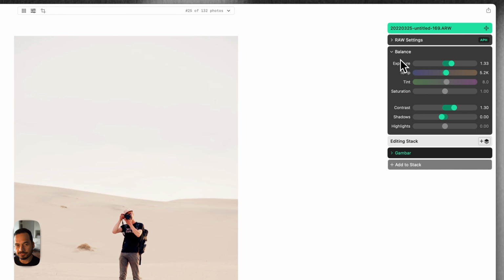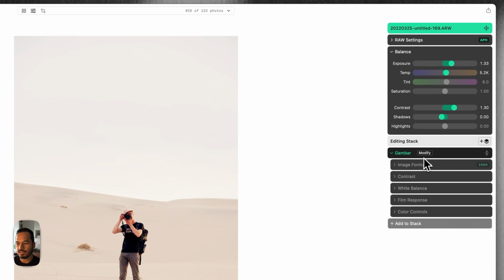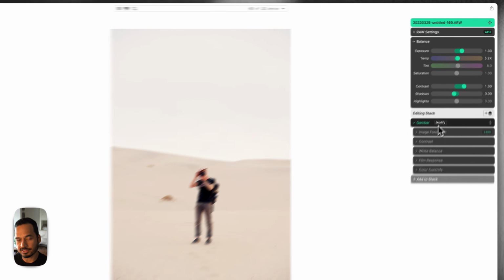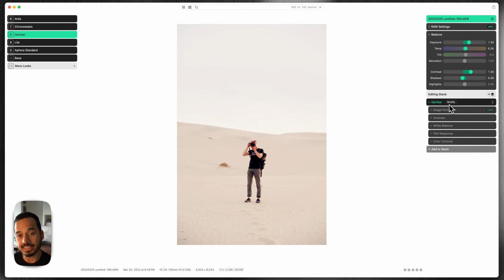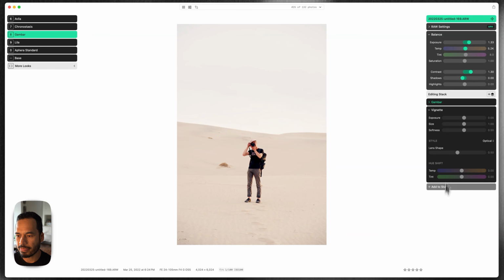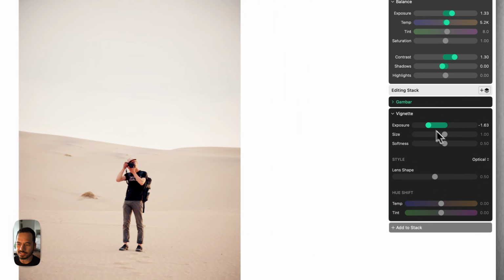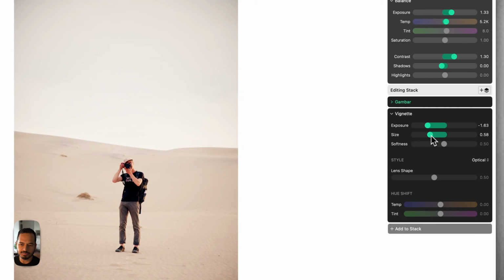The balance tools you've seen before. Gambar is the look, and these are the nodes that make up Gambar. I can modify this if I want, but in this case, I'm just going to add to the stack. I want to add a little bit of vignette to it, so I'm going to do that. And I'm presented with the vignette panel. And I'm going to bring that exposure down. You can start to see it creeping in a little bit. I want maybe a bit more